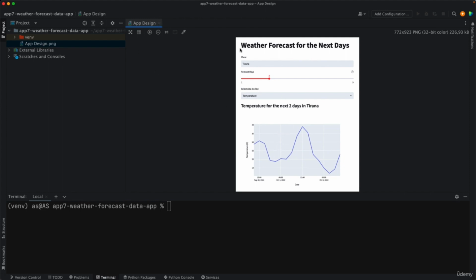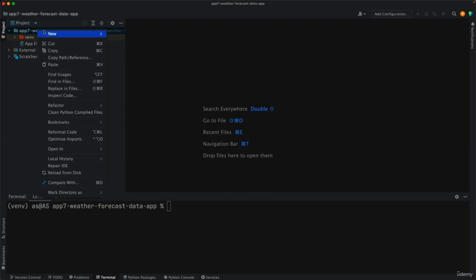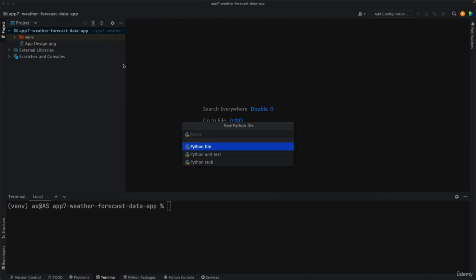So you can find this image in the lecture resources, so you can get it and you can place it here in your project directory. So what I've done here is I created a new PyCharm project already, and I have this virtual environment, and I uploaded this image that you see here. And then we're ready to code. So let's create a main.py file